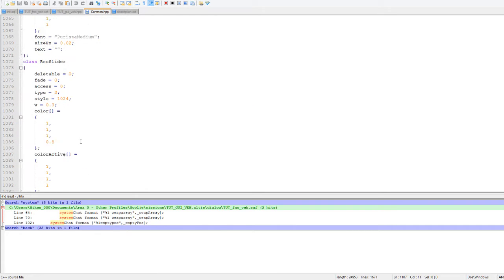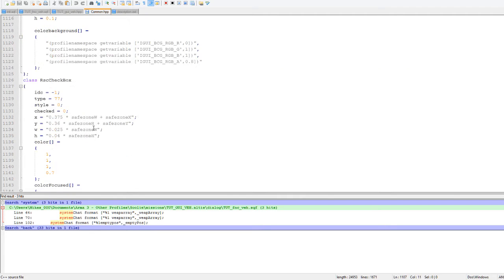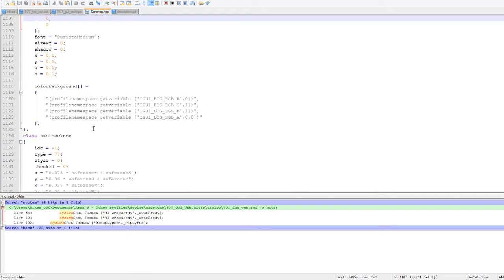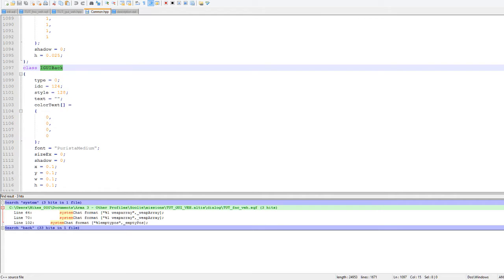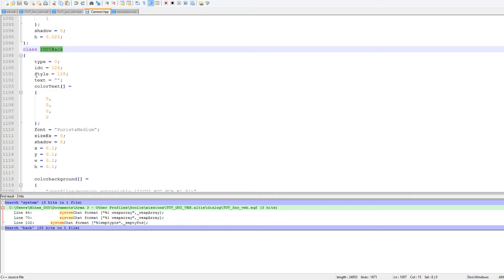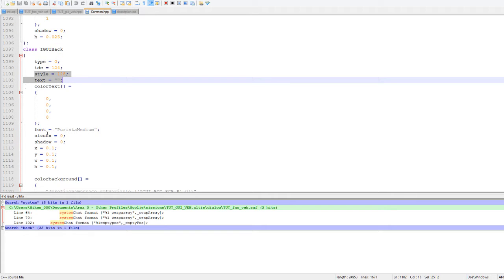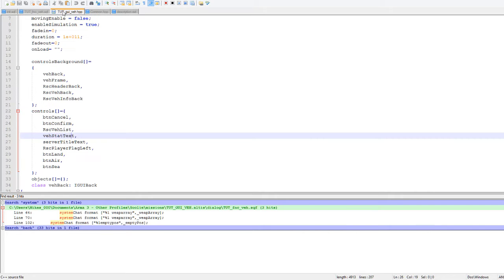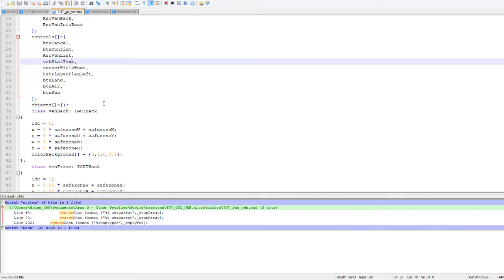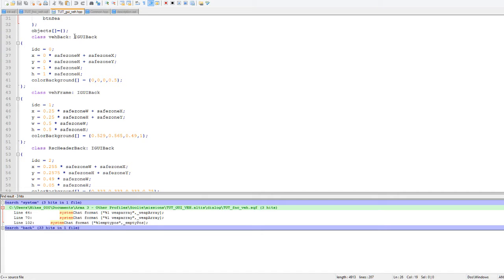This is all the base classes for pretty much every control type there is. You can see here GUI back. That is what we're using for all the backgrounds on the dialog. Now you can see here it has all these things: style, text, color text, font, size, shadow, and all this other stuff. Now if we click over to our actual dialog, see here I've used the GUI back a couple times,